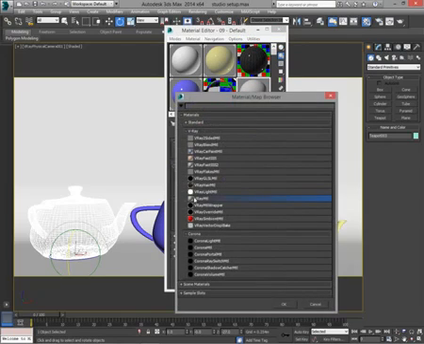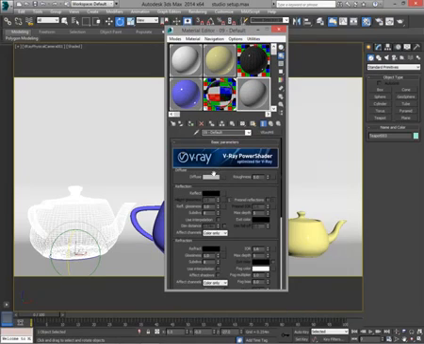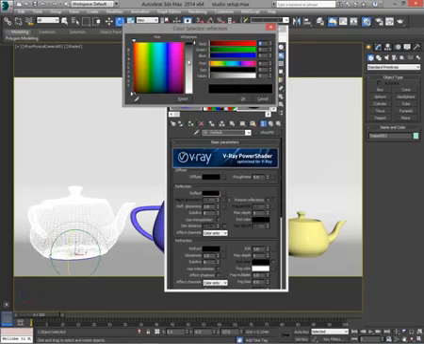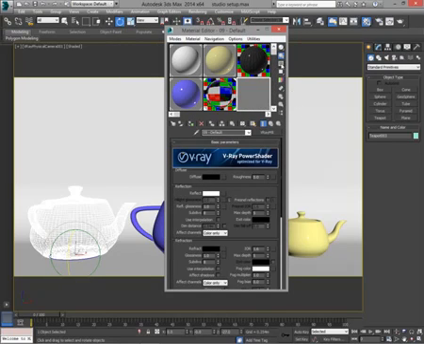Now I will show you how to make a steel material. It's very easy. The same thing is applied. Just put a diffuse black, reflect full white, which means it's a reflective material, right? In the reflection there is a Fresnel IOR. The reflection Fresnel IOR we have to change to 22